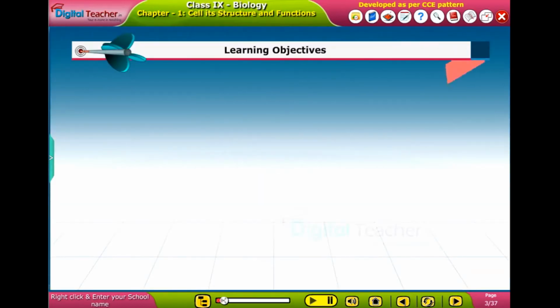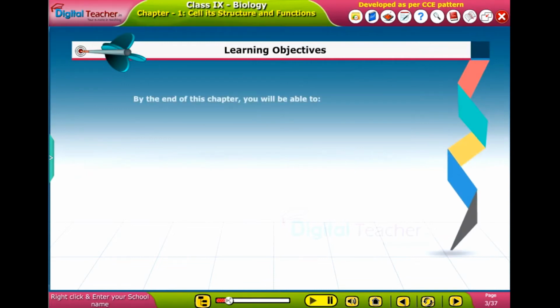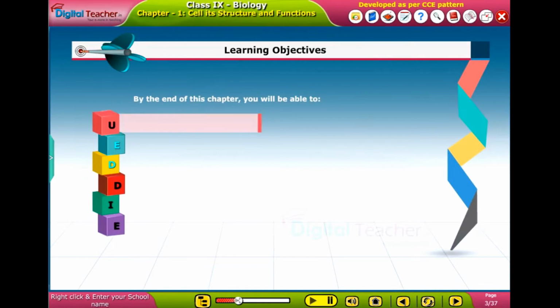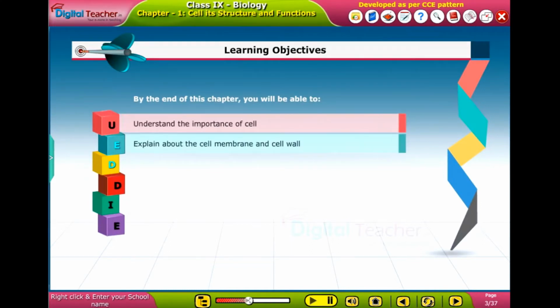Learning objectives. By the end of this chapter, you will be able to understand the importance of cell, explain about the cell membrane and cell wall, describe the nucleus,